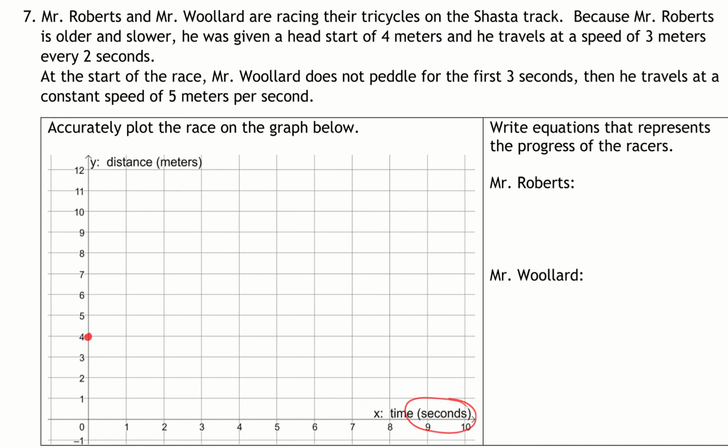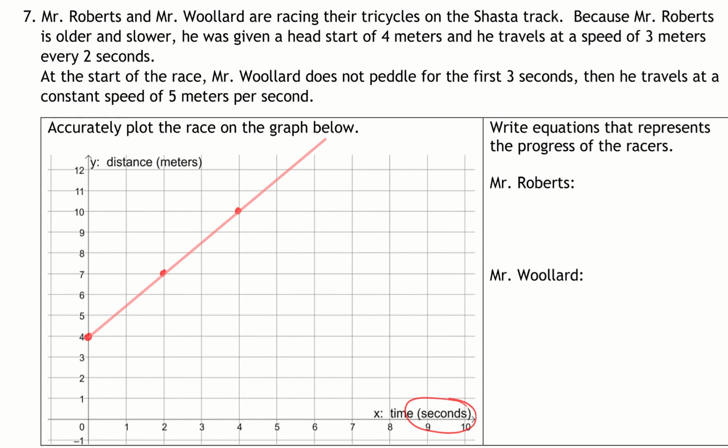And then for me, it says I get to travel 3 meters, that's 1, 2, 3 meters every 1, 2 seconds. So this looks like the progress for me as a racer, starting at 4 and going up 3 over 2, up 3 over 2. So this line right here, we will label as Mr. Roberts. The other racer, Mr. Woolard, says at the start of the race,